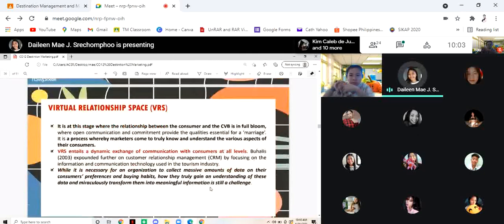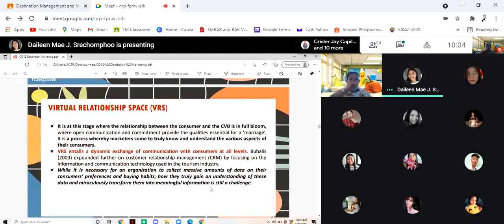Tapos, ito naman, another is virtual relationship space. Ito yung isang function ng DMS. It is at this stage where the relationship between the consumer and the CVB is in full bloom. It is a process whereby marketers come to truly know and understand the various aspects of their consumers. VRS entails a dynamic exchange of communication with consumers at all levels. While it is necessary for an organization to collect massive amounts of data on their consumer preferences and buying habits, how they truly gain an understanding of this data and miraculously transform it into meaningful information is still a